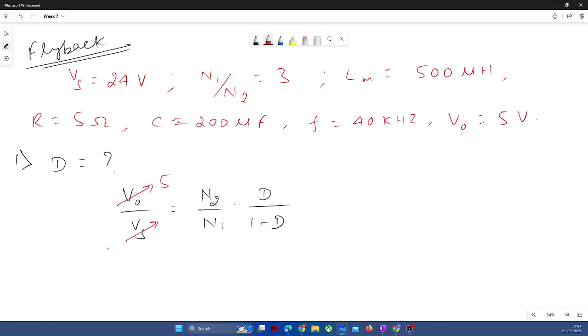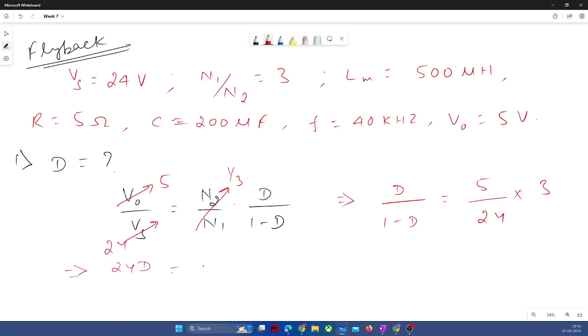V naught is 5, Vs is 24, N2 by N1 is 1 by 3, so D by 1 minus D is equal to 5 by 24 into 3. So to further simplify it,